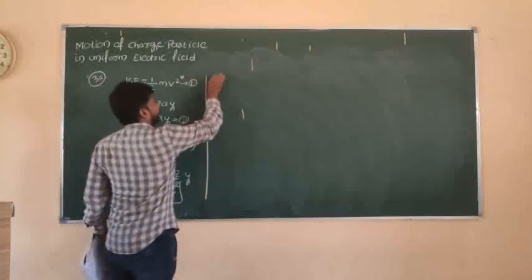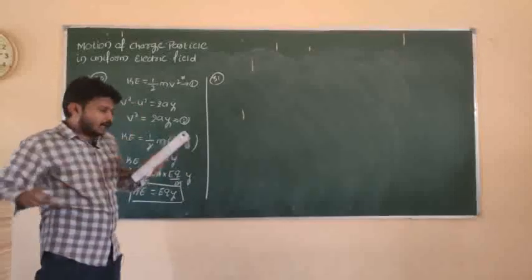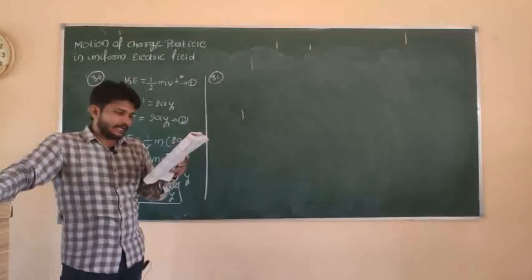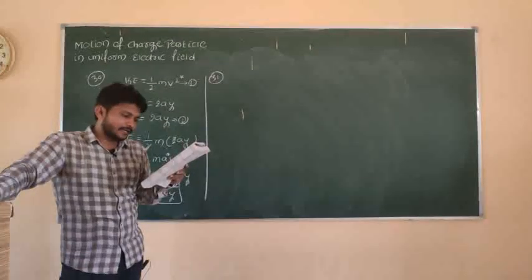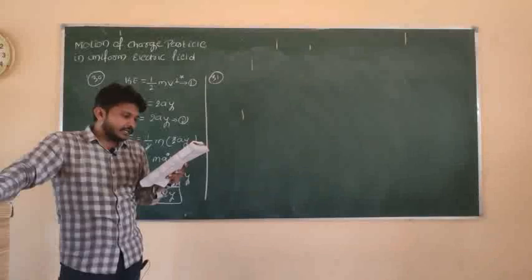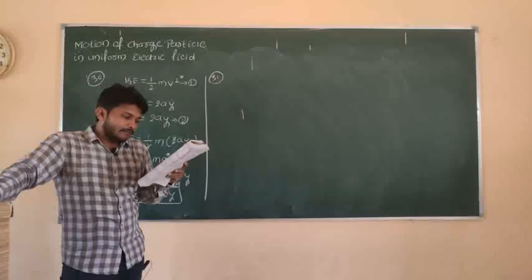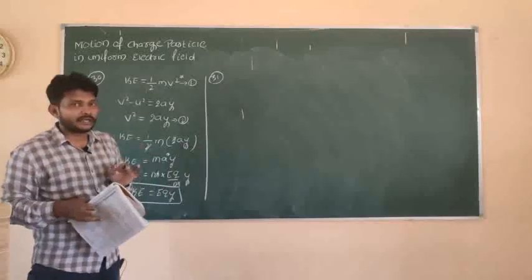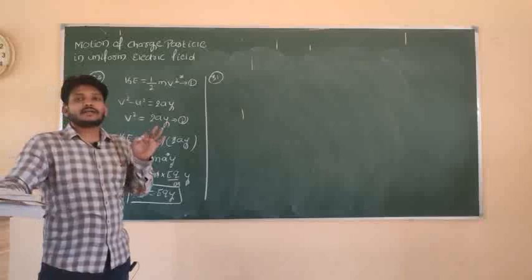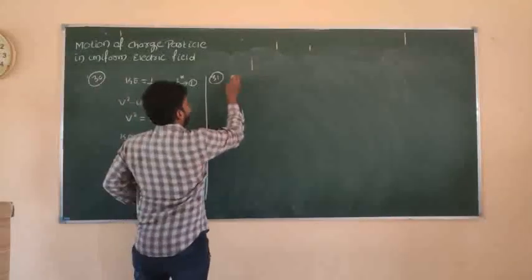So next one, look at the 31st question. A proton and alpha particle. So alpha particle is nothing but a helium. A proton and alpha particle start from rest in a uniform electric field. Then the ratio of time of flight to travel the same distance in the field. So for time of flight, first I will consider the relation between acceleration and time. So let me solve that.